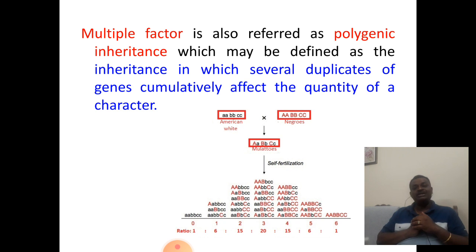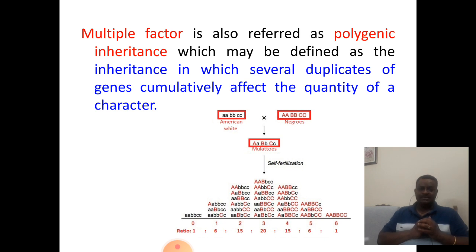So in polygenic inheritance, we generally find several genes which will collectively affect the quantity of a character. So many genes will influence ultimately the character of